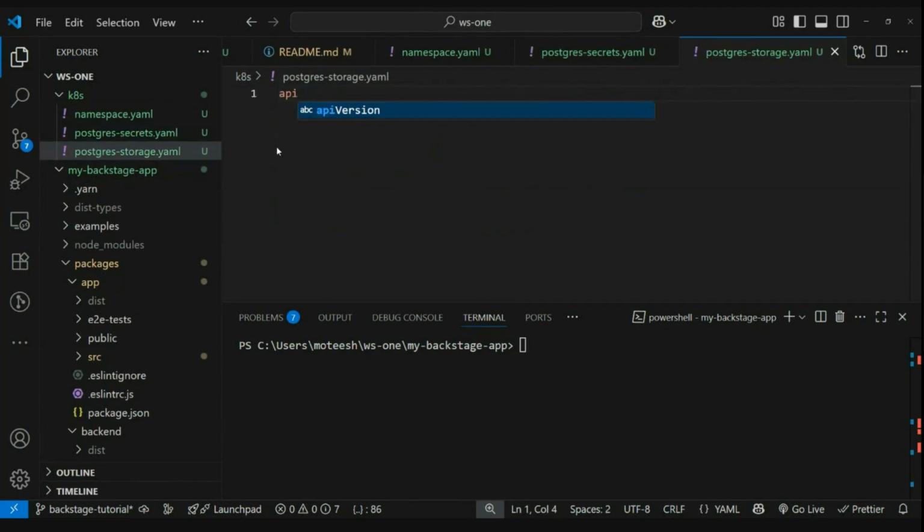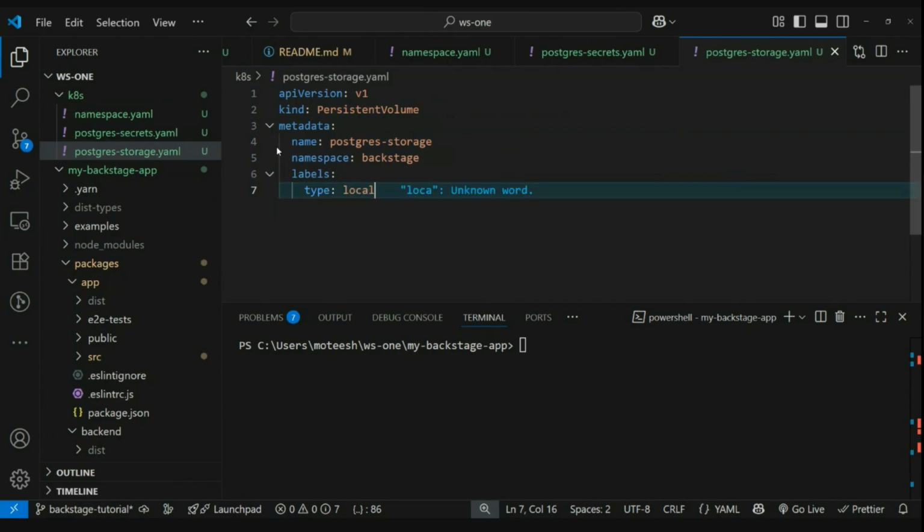We do API version 1, persistent volume, the name of the volume, postgres storage, namespace backstage, labels, local,